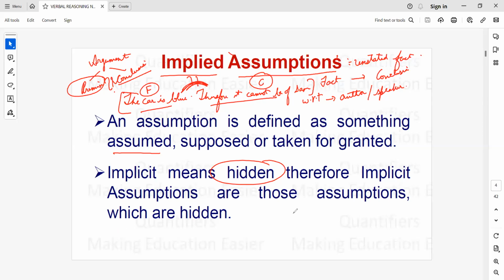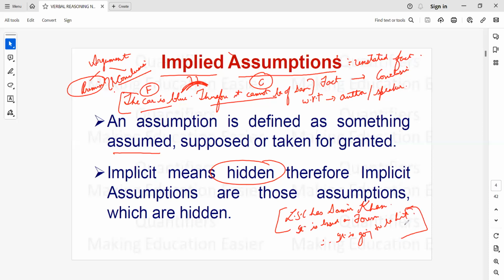Now let's say Laal Singh Chaddha has Aamir Khan in it. So Laal Singh Chaddha is Aamir Khan, and it is based on Forrest Gump. Therefore, it is going to be a hit. Right? So there are facts or premises. Laal Singh Chaddha has Aamir Khan in it. The second fact is it is based on Forrest Gump. And on the basis of these two premises, I've given a conclusion that it is going to be a hit.